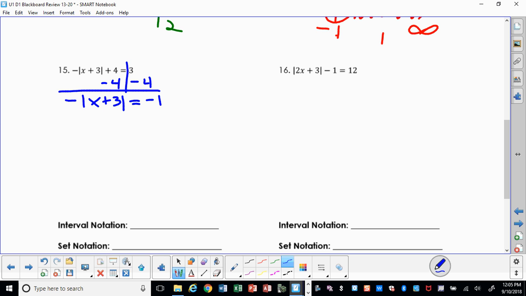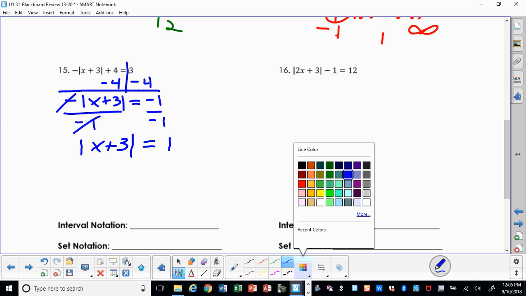So I've got a negative absolute value, so I'm going to divide by negative 1. So negative divided by negative is a positive. So I did not get rid of the absolute value. All I got rid of was that negative sign. So that's now equal to a positive number. Okay, the absolute value of x plus 3 is equal to a positive 1. Now I get rid of the absolute value by